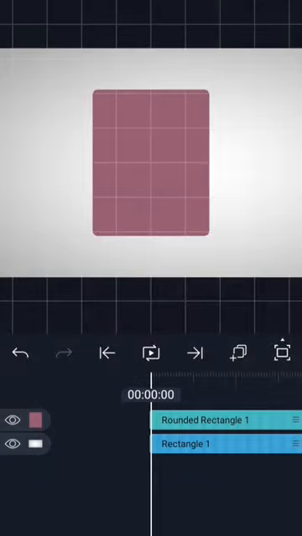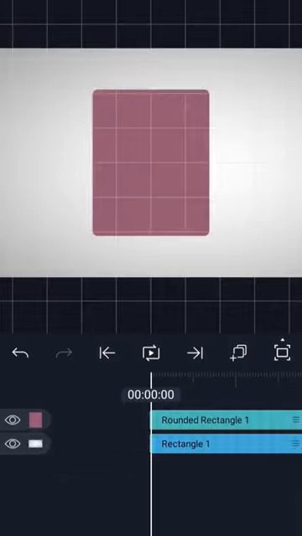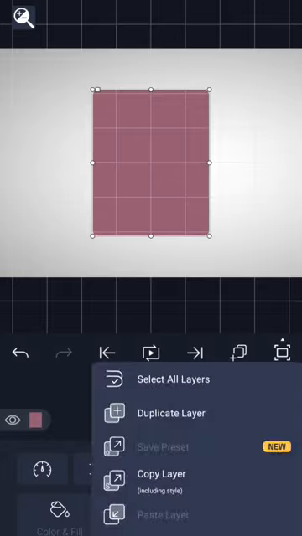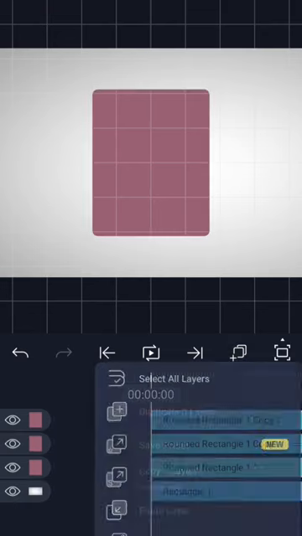So first you bring in your rounded rectangle and you resize it to whatever size you want. So this is the size I want in my own case. Next I'm going to duplicate this. I'm going to make 4 copies. This 2, 3,